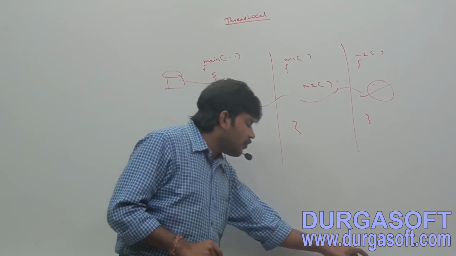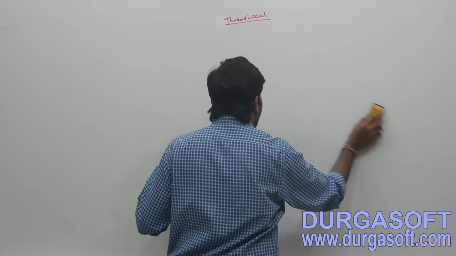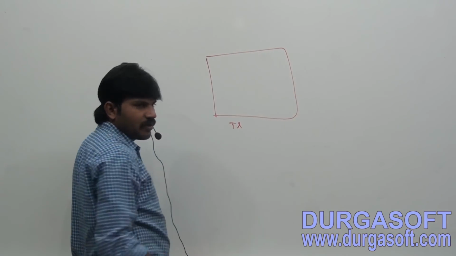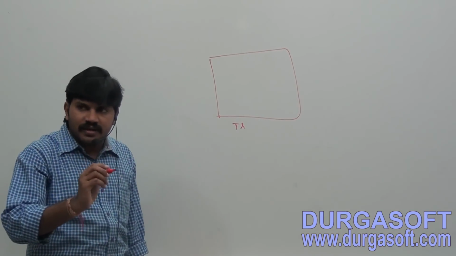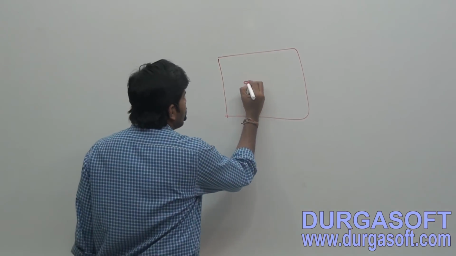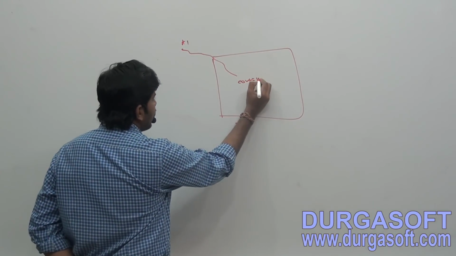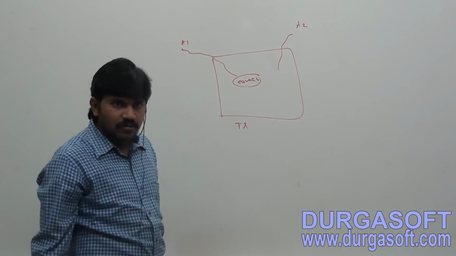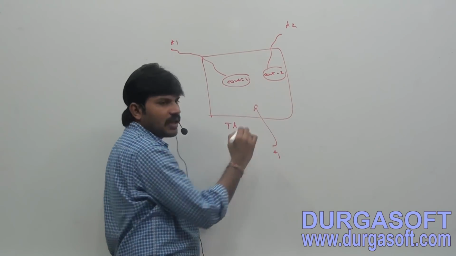Next, the best example. Observe this: for every thread, I want one count variable. What I will do is take one thread local object. This thread local object maintains a separate local copy for every thread, which may be the count. The first thread came: can you please provide my count value? Boss, your count value is 1. The second thread came: thread local, can you provide my count value? Now this thread's count is 2. The third thread came: can you tell where is my count?